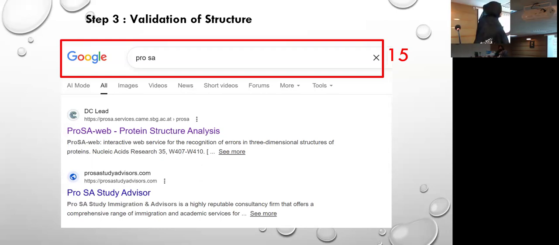Among all of the validating web servers, two are the most reliable, universally and globally used for the evaluation of models. One is PROSA and the other is SAVES. The names were provided in the content slide as well. You can use both. Here we are just going to use one, and if we have enough time, I will show the next one as well.